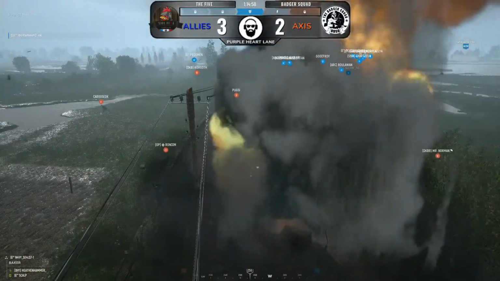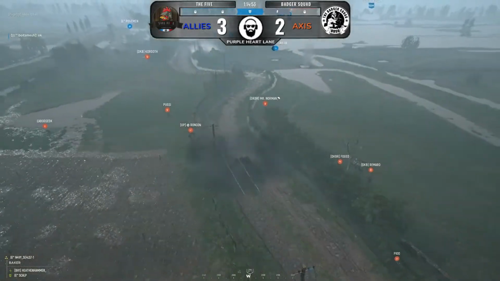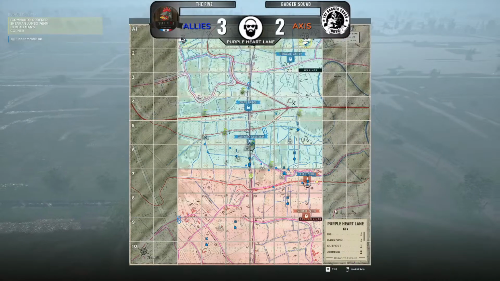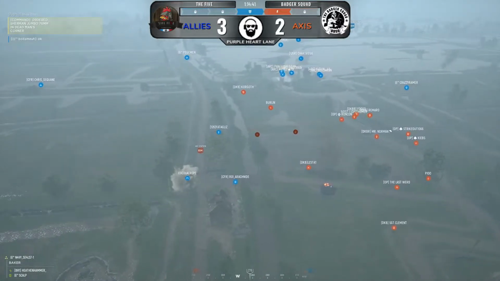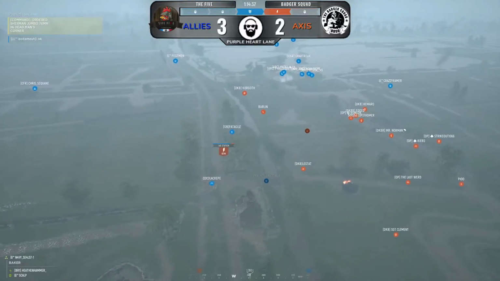Oh, nice shot there from Pugsy, killing the Greyhound, and the cap progress has stopped. Enough people redeployed here from Badger Squad, and right at the end there, cap progress has stopped. No need to use any commander assets on point. And I'm not seeing an airhead. No, just outposts and a massive retreat coming up from Badger Squad, and slowly but surely that cap progress is